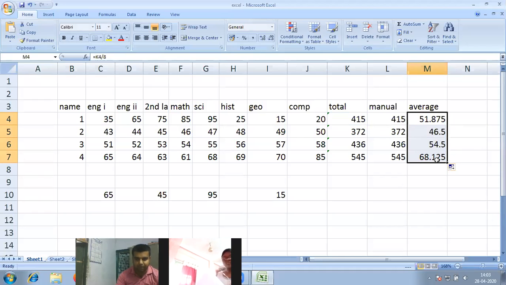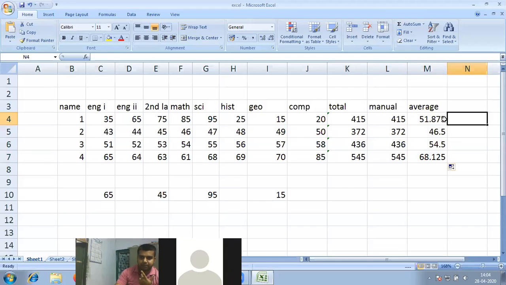Why? Because while copying the formula, the calculation is not changing, but the cell address is changing. If the cell address changes, I repeat, then the value also changes.